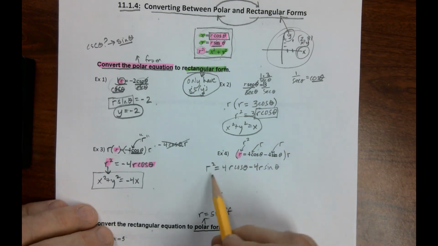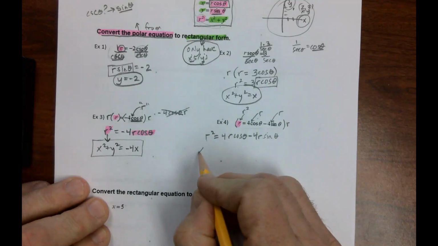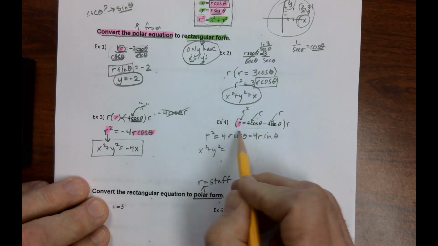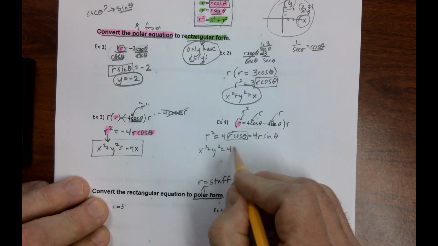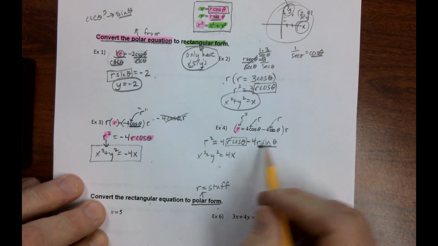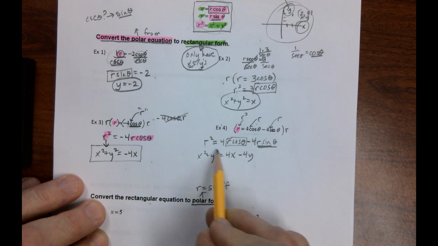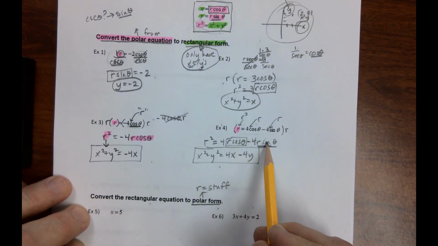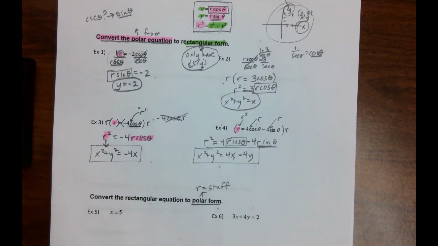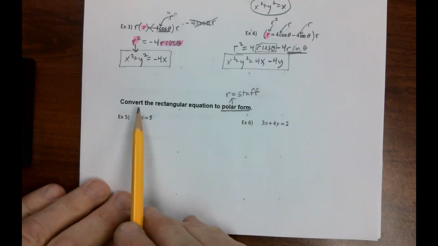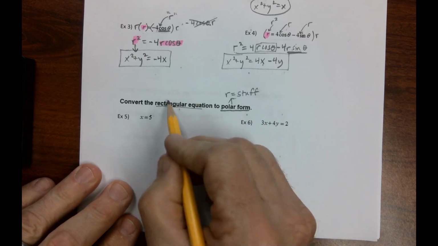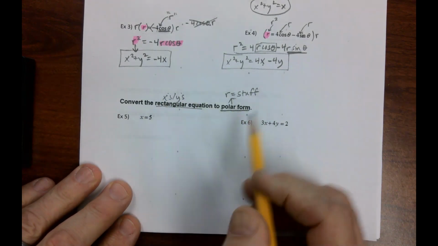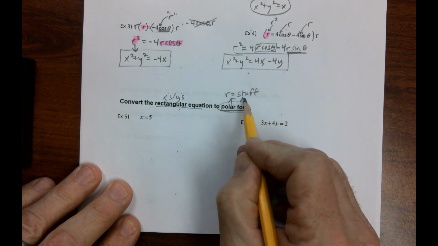Now, what's r squared? R squared is x squared plus y squared. What's r cosine? Well, that's x. What's r sine? Well, that's y. You've eliminated the r's and all the trigonometry jargon, and you've replaced it with x's and y's. So you're done. You've converted it to rectangular form. All right. So let's go to this one. Convert the rectangular equation. Remember, these have x's and y's to polar form, which means we're not done until we